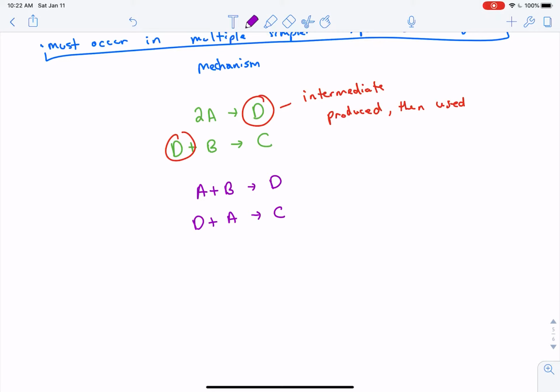Now, once we experimentally collect data, we will be able to eliminate one of these choices, and we'll talk about that a little bit later. Now,